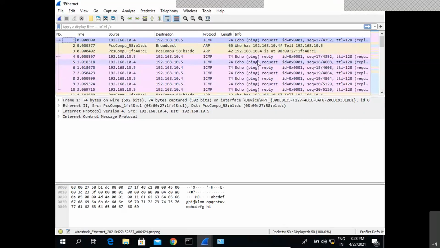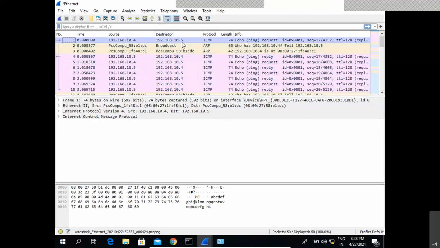The other column is the source, which may be a MAC address or an IP address. This is the source from which the communication has been captured. The other is the destination to which the communication has been sent, or from which it has been received. In this first line, we are pinging from 10.4 to 10.5.